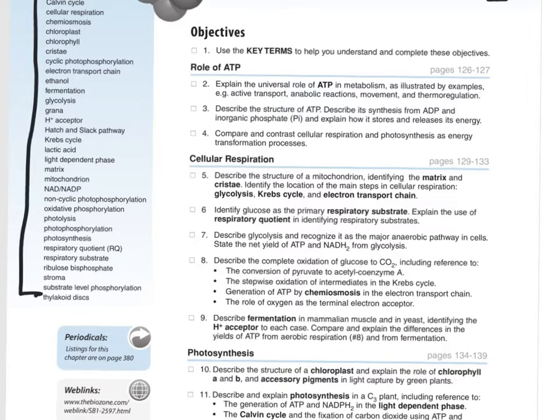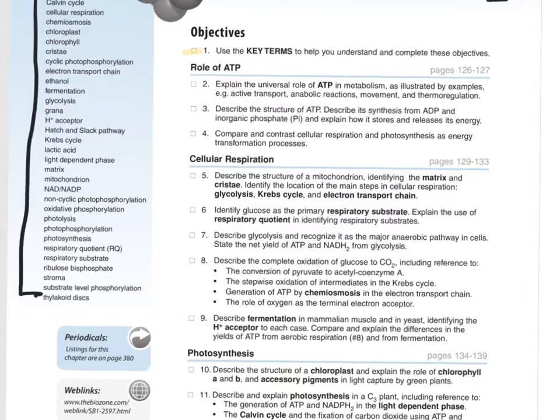Key terms, do you understand them? My guess is, again, some of you don't even know what the Krebs cycle is. What is lactic acid? Some of you know. My guess is a lot of you don't. You should know. So you need to check these off one at a time, and as you check them off,